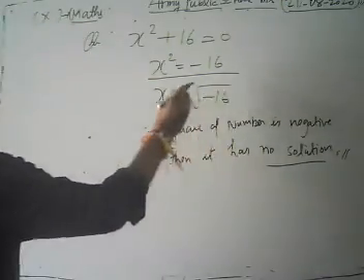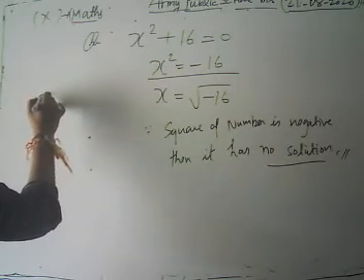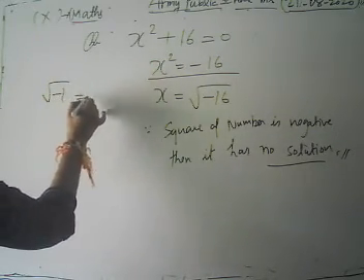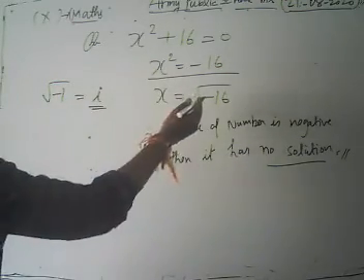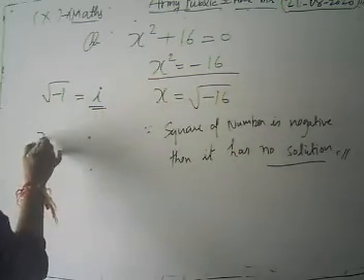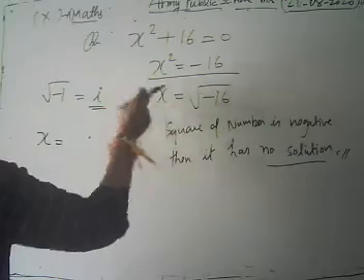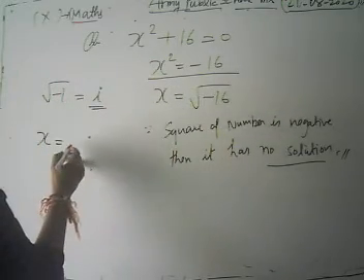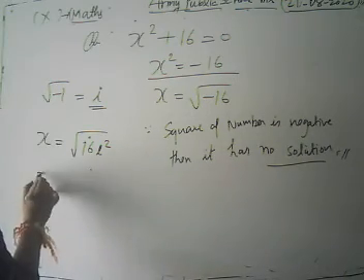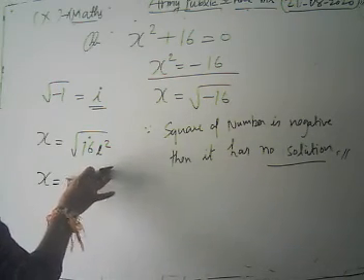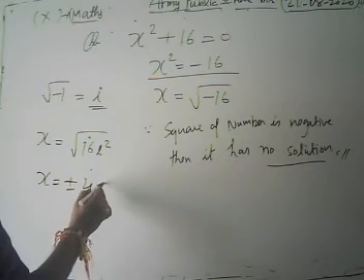x equal to ±√-16. When you go further to higher classes, when you get the concept of complex numbers, then √-1 is defined as iota. I, it's an iota. Then we can write x is equal to √-1 times √16, that is √16 i square. Then its solution is what? We take under root -1 as i. Then its solution is ±4i.